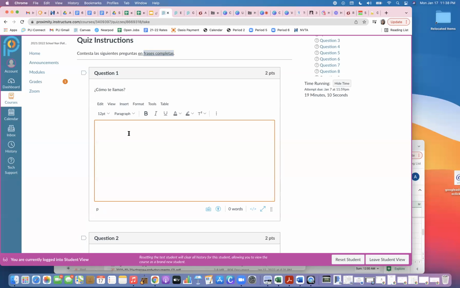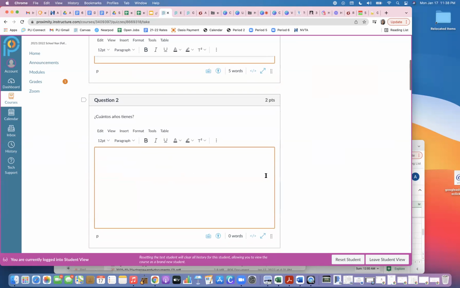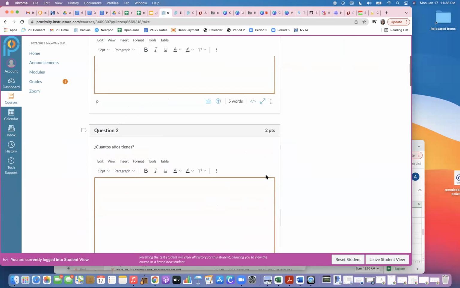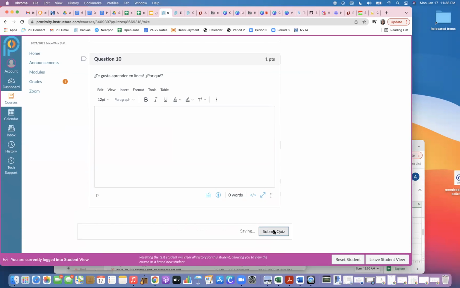Excellent job. All right, I saw a lot of people say, mi nombre es, and then they put their name. That is one way that you could answer this question. I also saw a lot of students wrote, me llamo, and then their name. That's another way that you could answer this question. So choose either one of these ways, and then you can use that for your first answer. All right? And then we'll go through the rest of the questions together. If anyone's not sure what something means, we'll talk about that. Then we'll go ahead, once you've answered all 10 questions, you'll go ahead and submit the quiz.